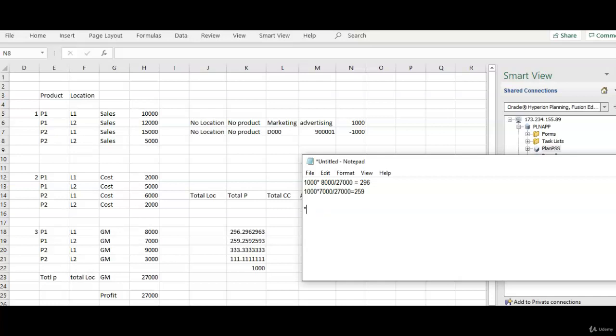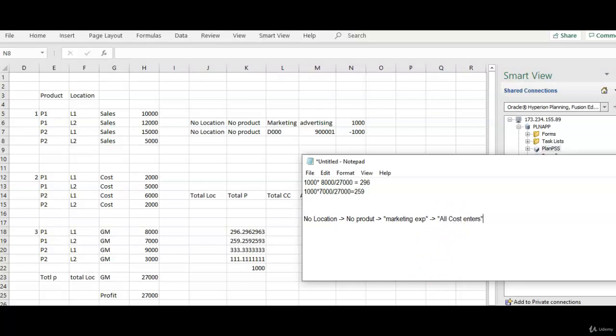So what is your source? Source is coming from no location and it's coming from no product, and your expense is advertising expense. There may be several other accounts and you can take a parent member, marketing expense. This consists of advertising or any other promotional activities. So this is a parent account. And you may get it from different cost centers, or if you know for sure that it is from marketing cost center, you can use that. So it is from all cost centers.